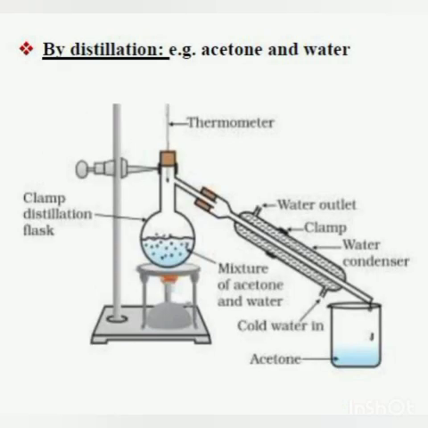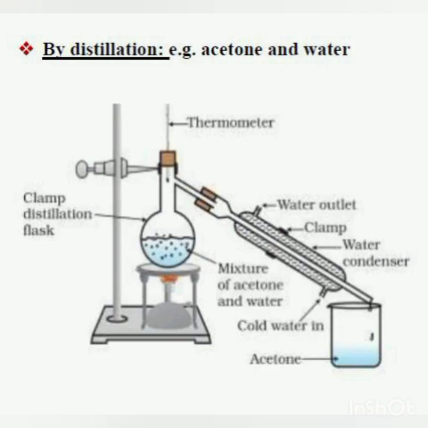So children, two miscible liquids can be separated by distillation. Let us take the example of acetone and water. Acetone and water are miscible, they mix with each other uniformly, and let us see how they can be separated by distillation. You can see the experiment set up. Here there is a distillation apparatus which is fixed with the clamp stand, and on the side the beaker is kept. This distillation apparatus consists of a round bottom flask and there is a side tube.